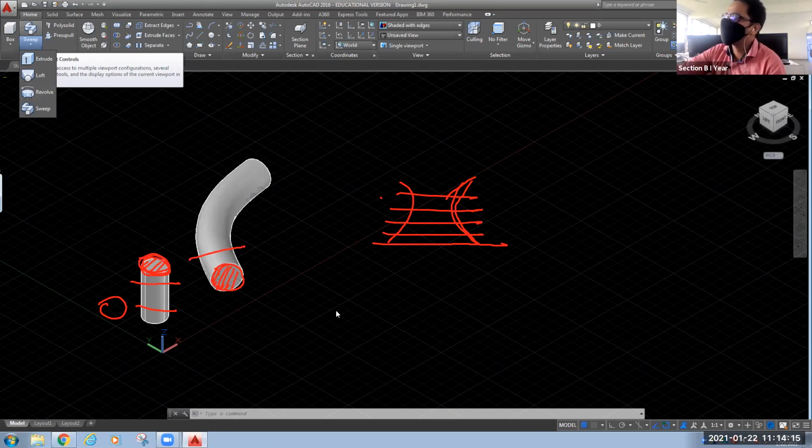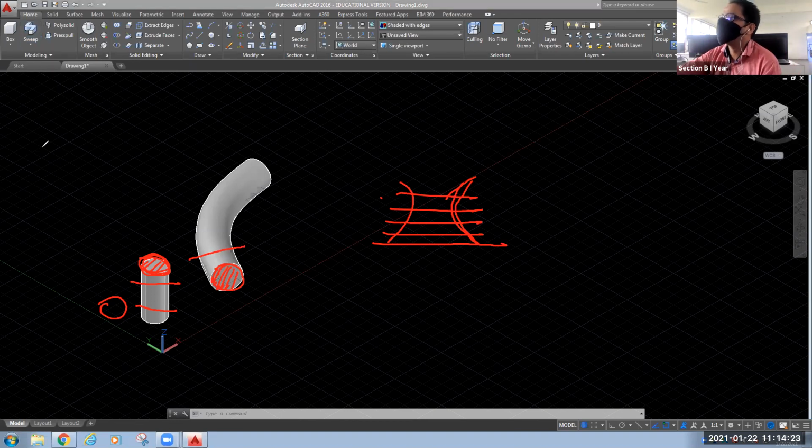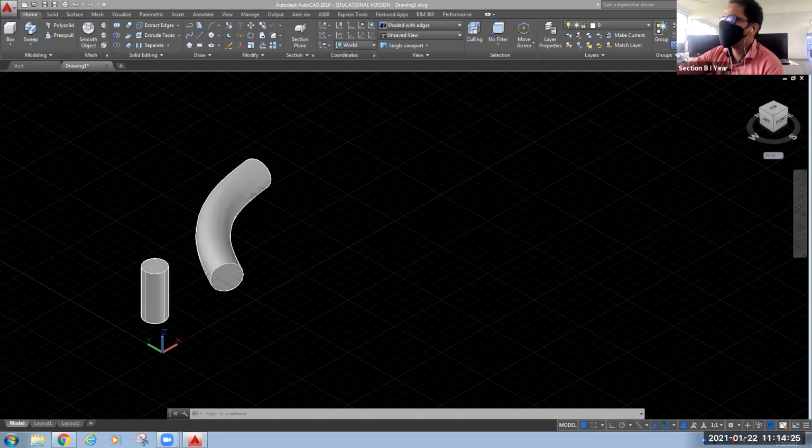Let's see one simple example for the loft command. I will clear this annotation. As I have told you, we need different cross sections, so let's try with different cross sections. Initially I will take one rectangle.